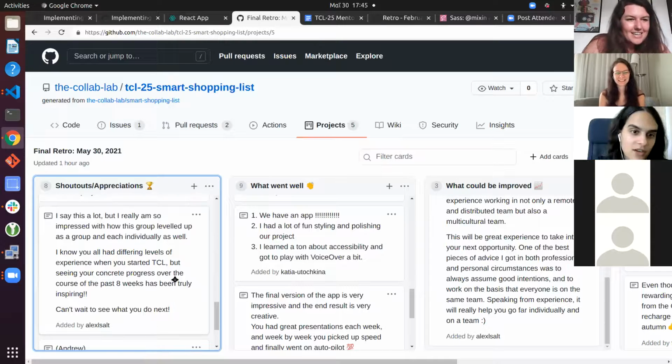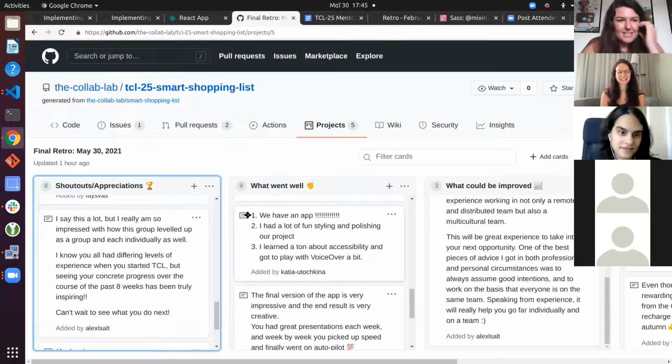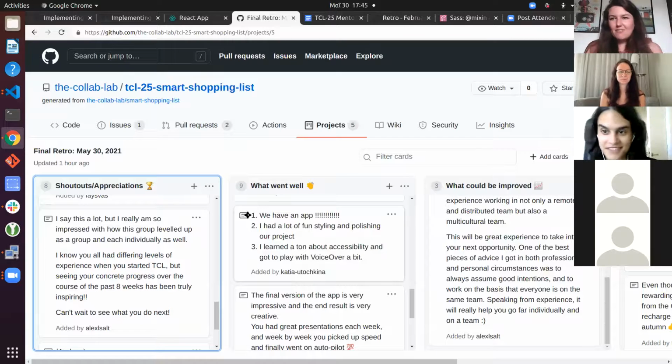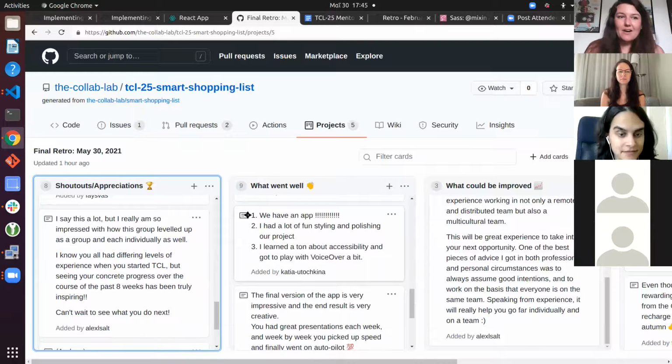And now, Alex. Yes. I feel like I say this every retro, but I really am so impressed with the level of progress this cohort has made from the very beginning to now, as a group in collaborating with each other, and also individually, each of you as well. Everyone had different levels of experience when we all first started out 8 weeks ago, and then being able,